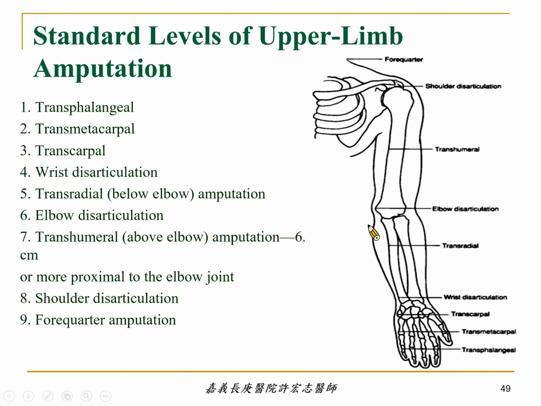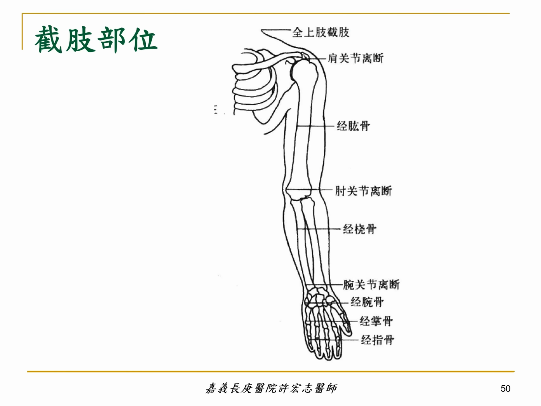If it is at the elbow here, we call it elbow disarticulation. And if we are cutting from here, this is transhumeral. We also call it above elbow, AE, amputation. And if you are going back this way, it is called shoulder disarticulation. Okay, so it is easy to understand the levels of upper limb amputation, which we can also see